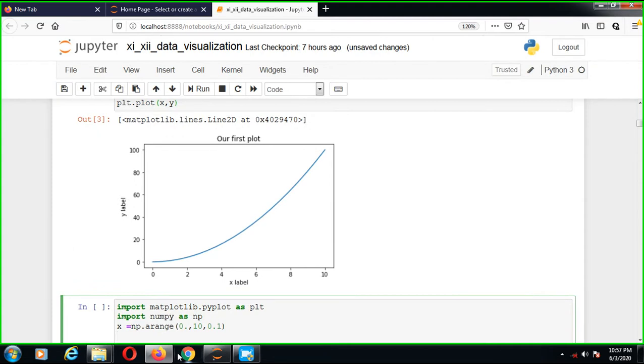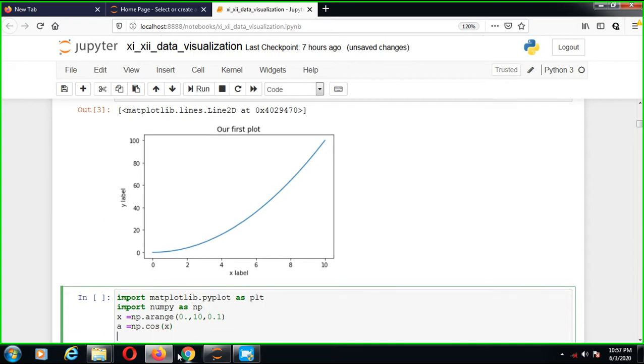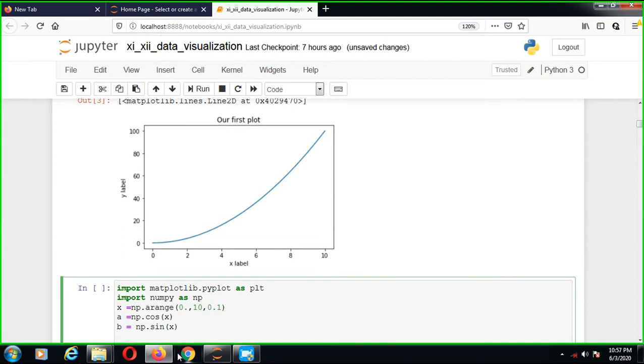Now a is equal to np.cos of x, and b is equal to np.sin of x. Now plt.plot(x, a, b).